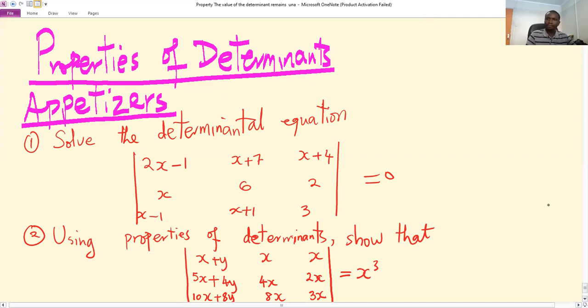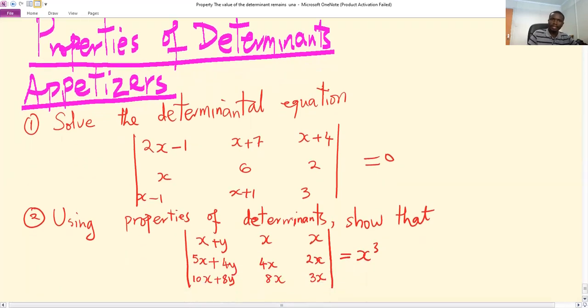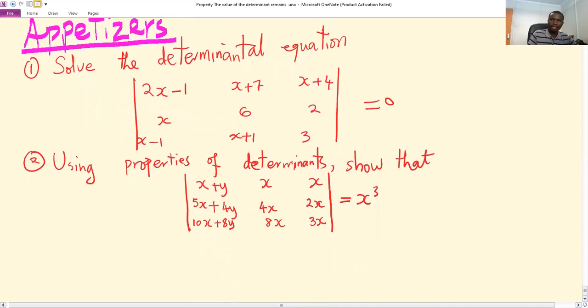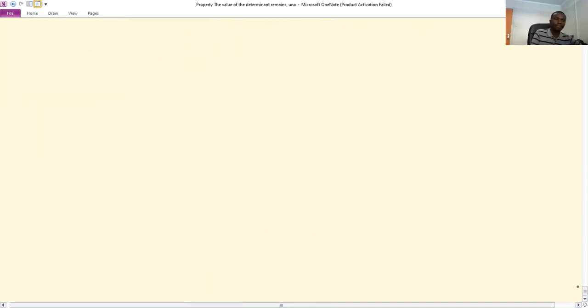So let's solve the problem. The first question is to determine the values of x for that determinantal equation. So question 1,